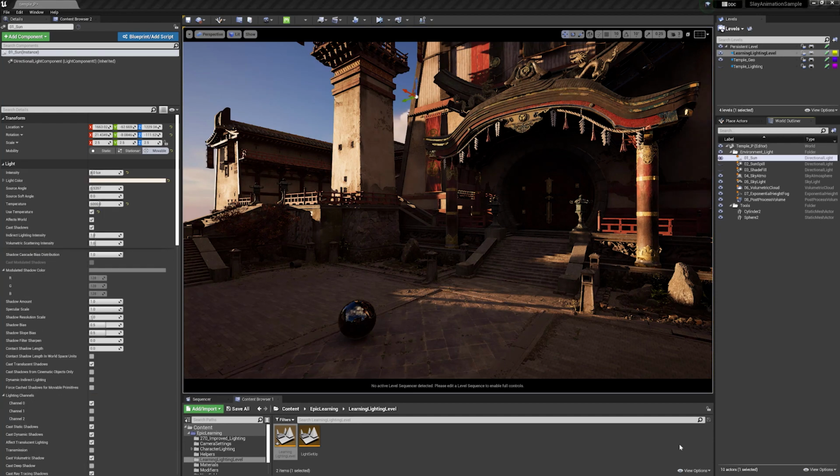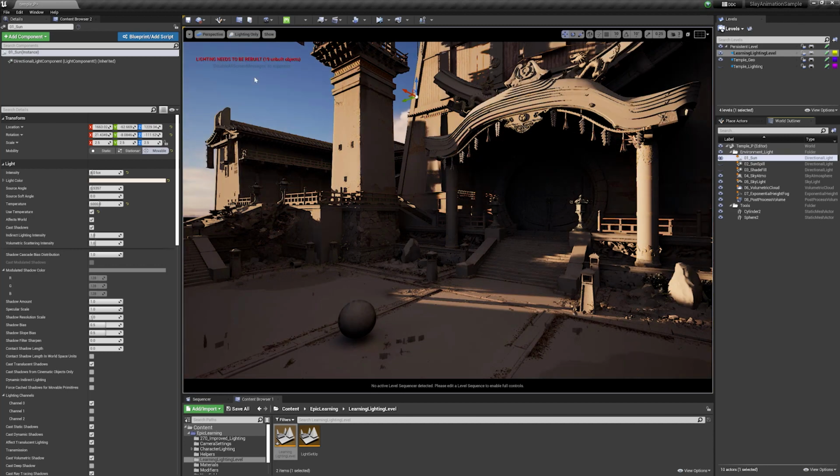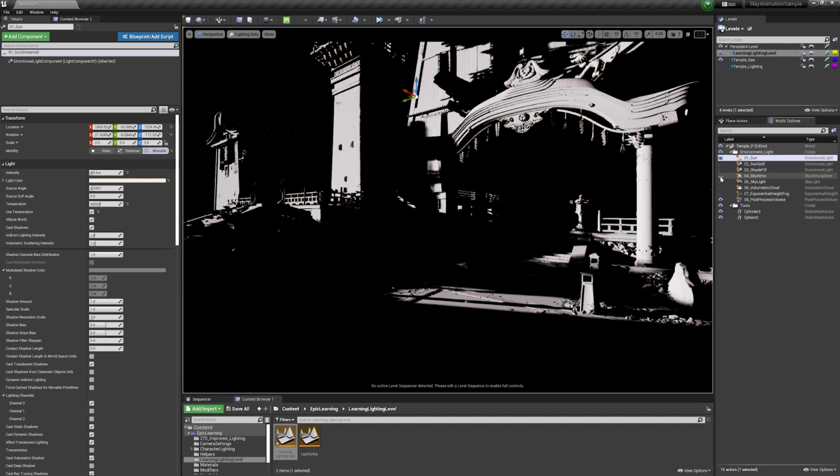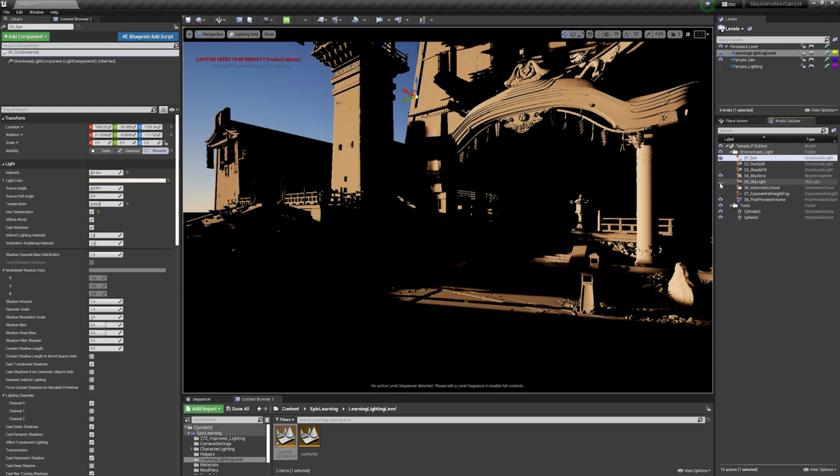So when we're dealing with the sunlight in the scene, oftentimes it depends on the project, but the colors and the textures and the materials in your environment can be deceiving or throw off your color judgment or your lighting judgment. So one of the things that we're going to want to do is go up to our view mode and change this to lighting only. Let's also just go through and cycle through everything again and turn it off so that we're left with just our sun, so that we could see what's being contributed there.